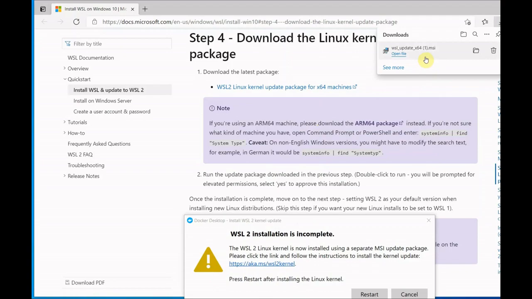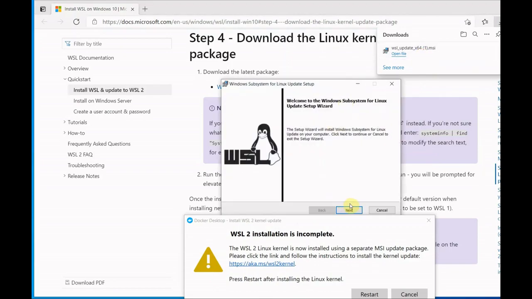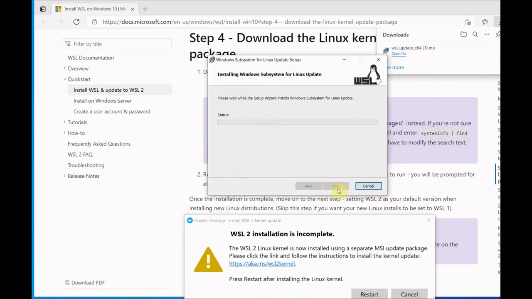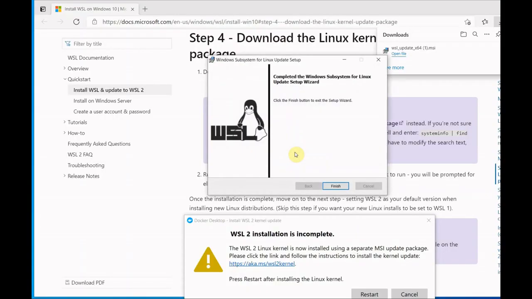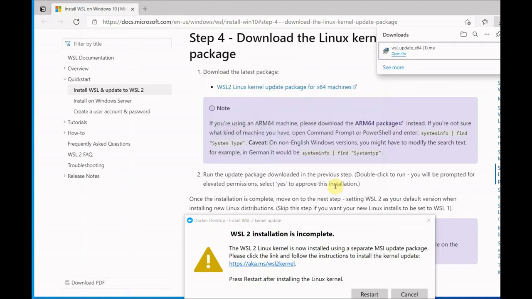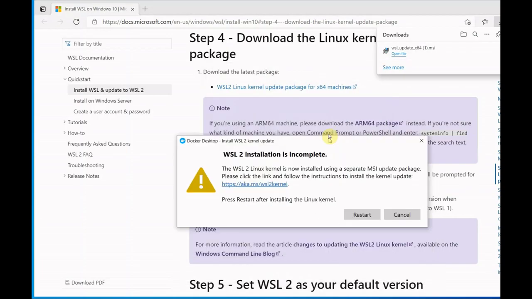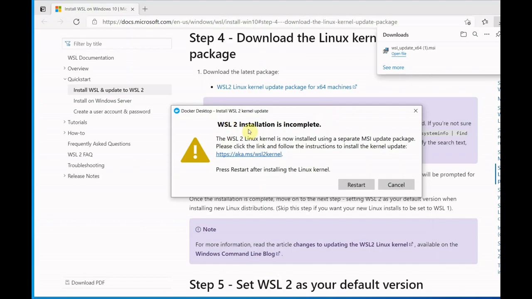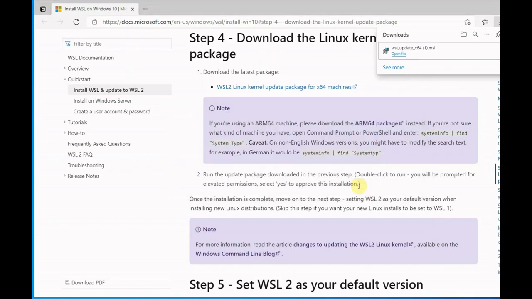It's around 146 MB. So simply install this file. Go for next. Oh, the installation has been done. So simply click on finish. Now this WSL2 installation is completed. So simply restart.